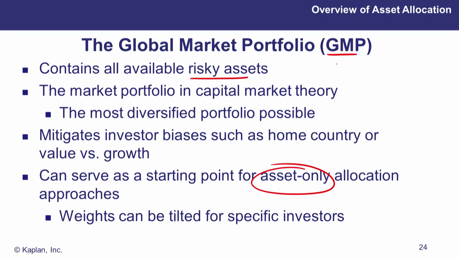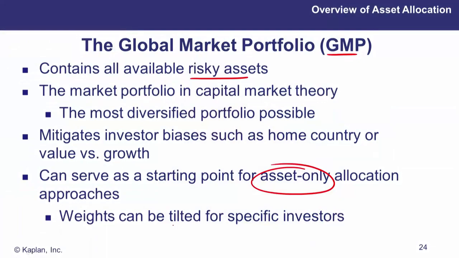So if you think about it as being the most diversified portfolio possible, if you use it as the starting point of your asset allocation decisions, what it does, it gets rid of automatically any investor biases. You may have home country bias, you might have a value or a momentum or a growth bias. Well, if you take your global market portfolio as a starting point, there's no bias in there at all. And then to depart from those global weightings, you really have to justify it. It's forcing you to examine your own biases, which makes it a very useful tool when dealing with asset-only allocation